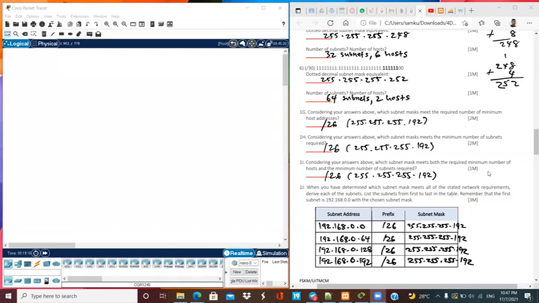192.168.0.192. This is the fourth subnet. The two borrowed bits from the host portion to become part of its network portion is 11. The prefix is /26 and the subnet mask is 255.255.255.192. Therefore, the range of addresses is 192.168.0.192 until